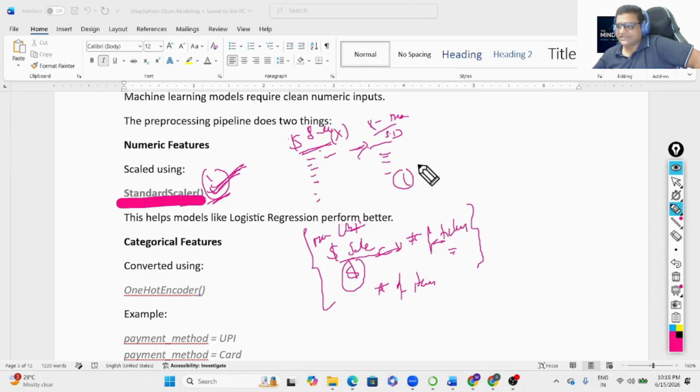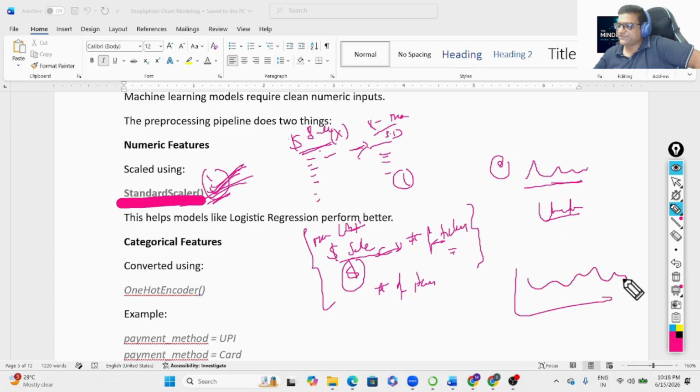This is one reason. Second, sometimes if the distribution of a feature is a bit weird, it's also good to use some transformation to bring that to normal. Why? Because if your distribution is weird, it's difficult for the machine to get the pattern to build the equation between y and x. Okay, so